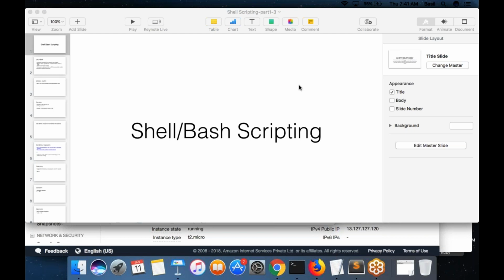It is possible that you can have multiple shells installed in your machine. That is the case by default with most of the Linux operating systems out there. In the case of Ubuntu also, there would be multiple shells, and at any point of time you can switch yourself to a different shell. It's up to you what shell you want to use when you want to work on your Linux machine.